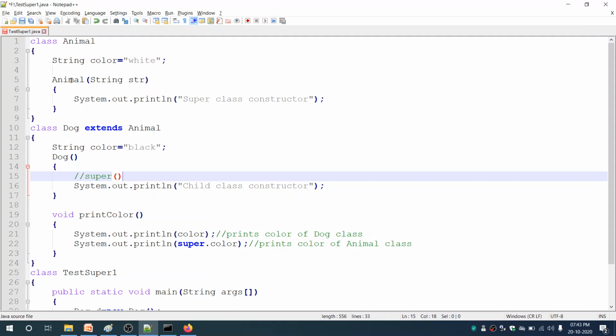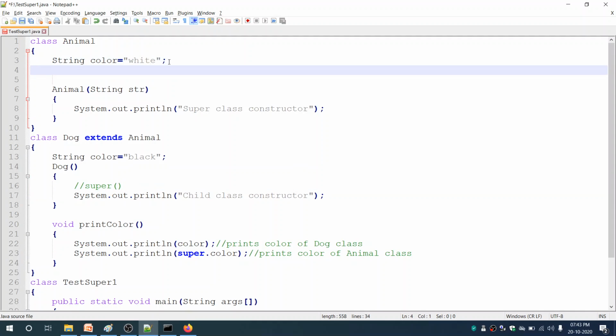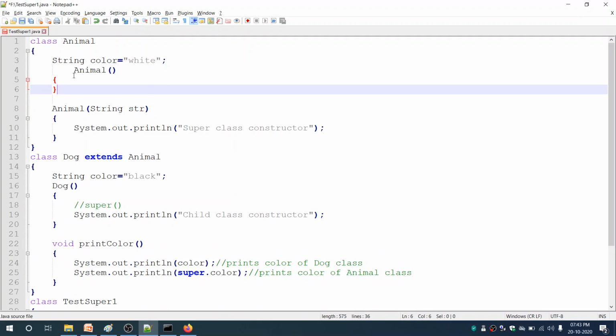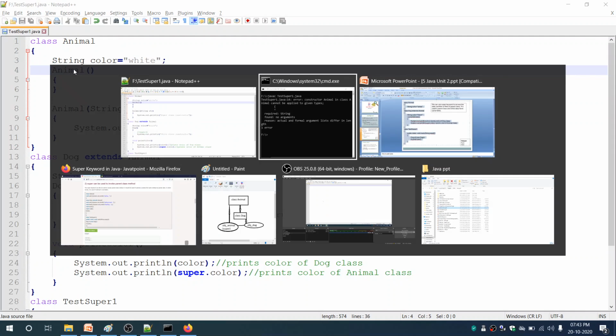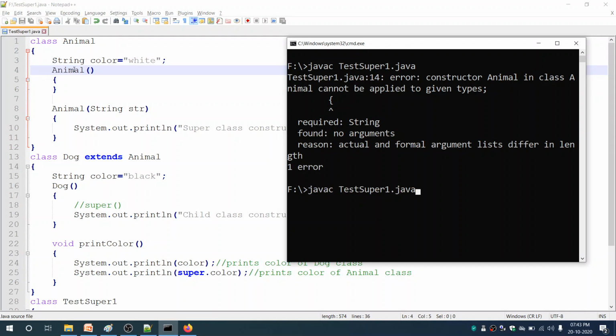Suppose I add one more constructor in the parent class, the default constructor which takes no arguments. Okay, so this is the default constructor which takes no arguments, and in this case if I compile it now, it is compiled successfully.